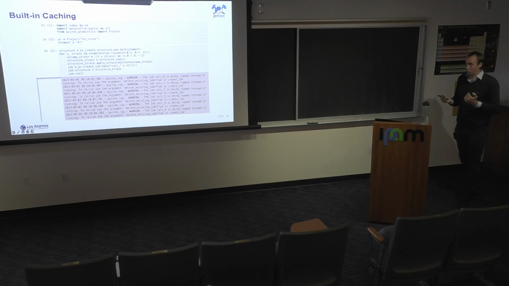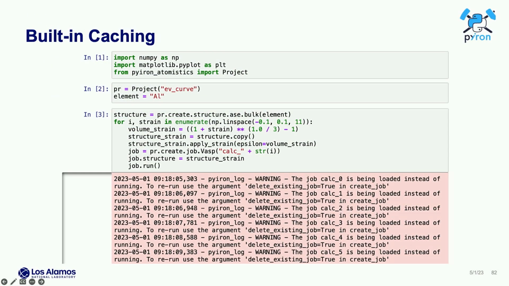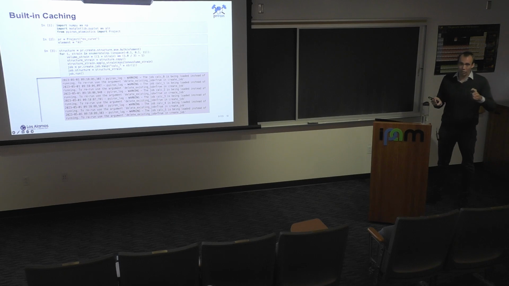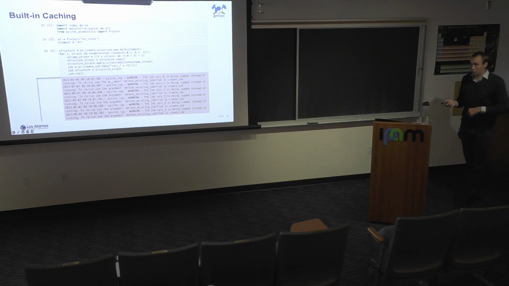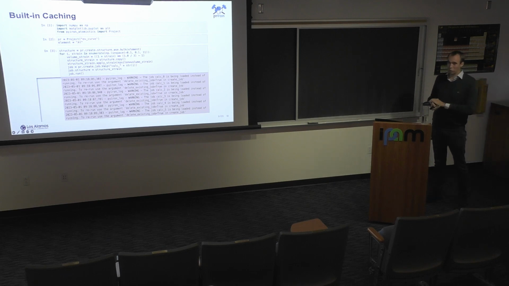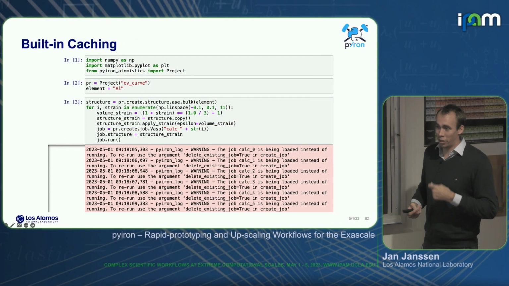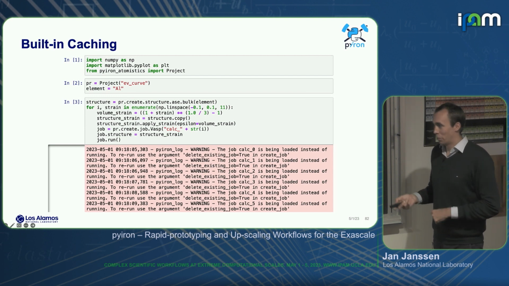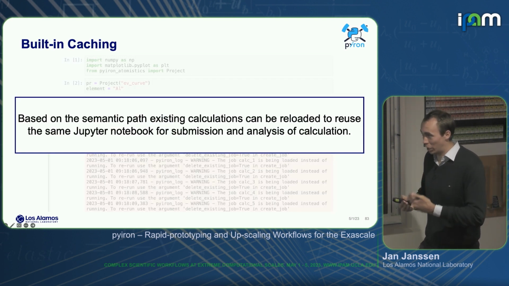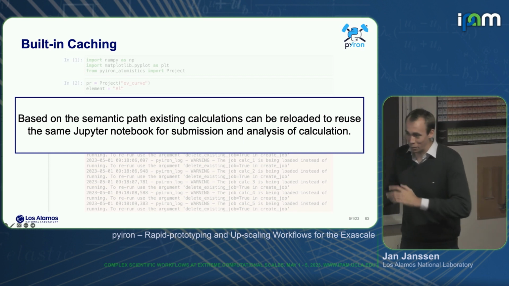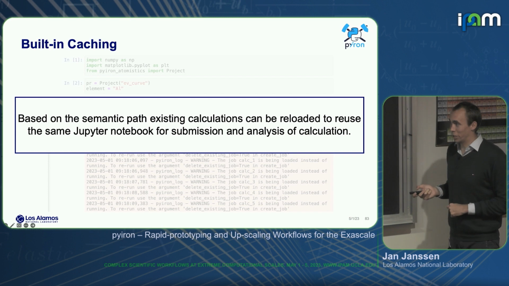We also have the built-in caching, right? So let's say you submit the calculation on one day, they finish overnight, and now you go to the next day, you want to analyze your data or work with the data. Or by accident, maybe you execute the same notebook again. Pyiron will recognize that these calculations already exist, based on the folder structure that we have and the hierarchy there. We just give you a warning message and say, okay, I found this calculation already, I'm just going to reload it. I'm not going to submit it to the queuing system again. Right, so if you have the same name and the same parameters, it just says, okay, I think you don't want to run this again, you just want to reload it. So this kind of built-in cache is also very helpful, again, to save a lot of time rather than doing the calculations again or submitting them again by accident.